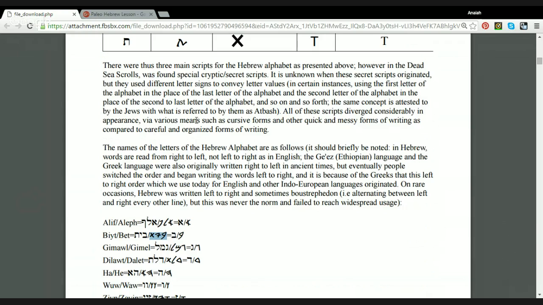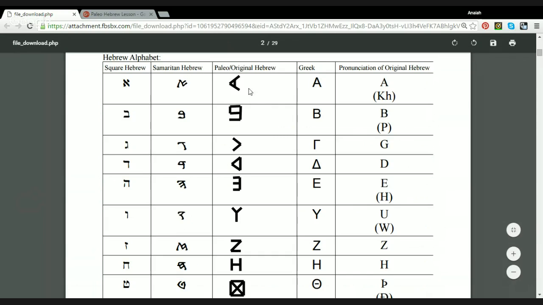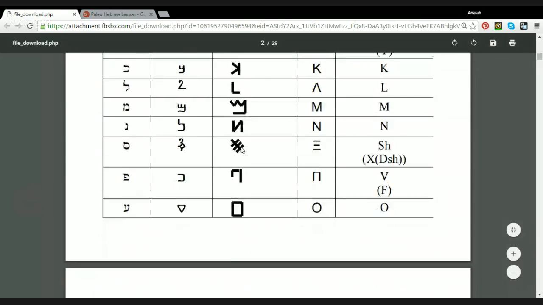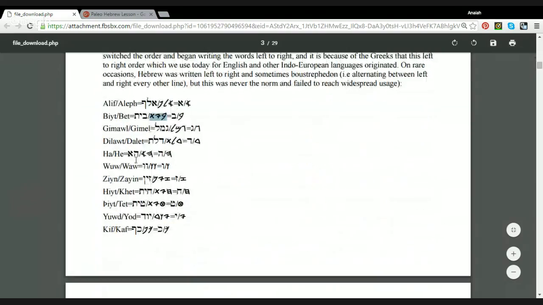I don't use this because, remember, I told you I drew this. I didn't want to keep drawing it over and over again. So I just used the font for this. So you'll see it's a little bit different: more curvy, more slanted, more messy. Yeah. So Aleph, Beat,